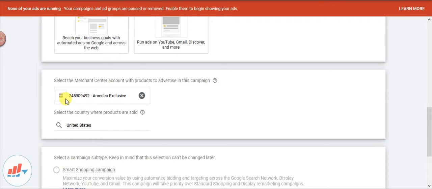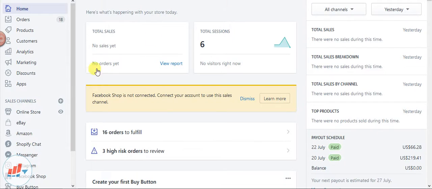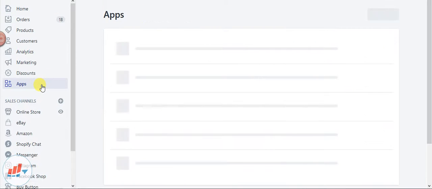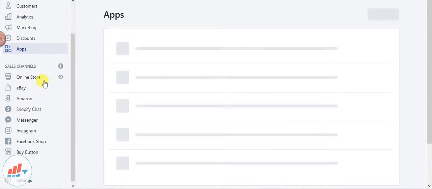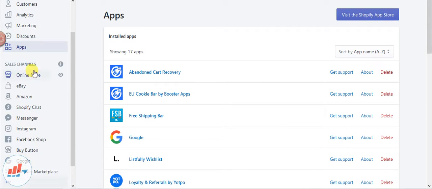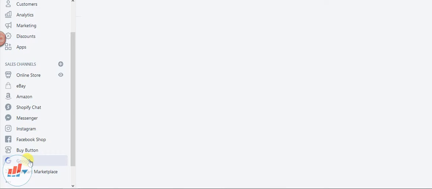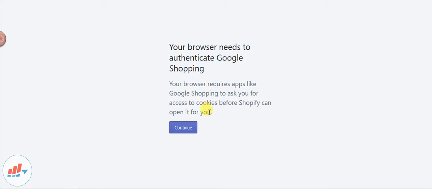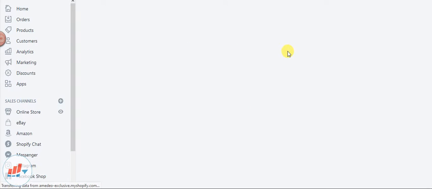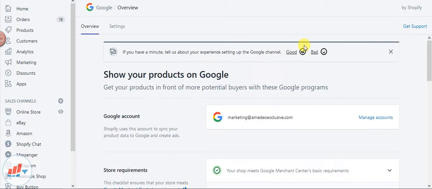The Merchant Center is already connected with the Shopify account. For this, what we have done is add a sales channel called Google. You can see the Google sales channel we have already added before, and what it does is, under Shopify, it creates a feed of your products so that they are automatically connected with the Google Ads platform. So let me show you the interface.